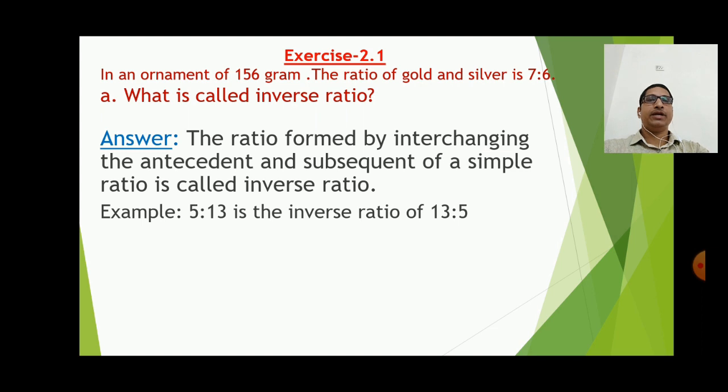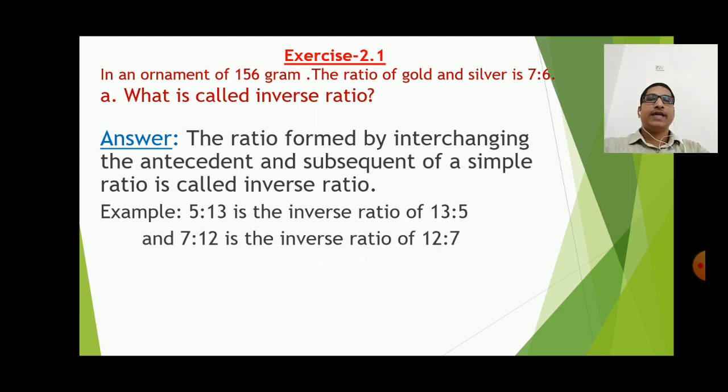5:13 is the inverse ratio of 13:5. Here main ratio is 13:5. Now we will find out the inverse ratio of 13:5. Here an antecedent 13 and subsequent 5. So if we interchange 5 and 13, then we will get 5:13. So this one will be the inverse ratio of this one. Okay,